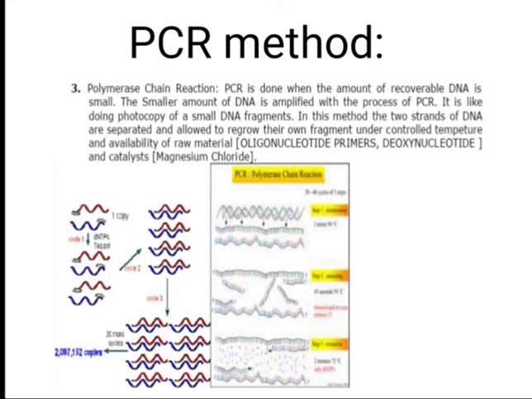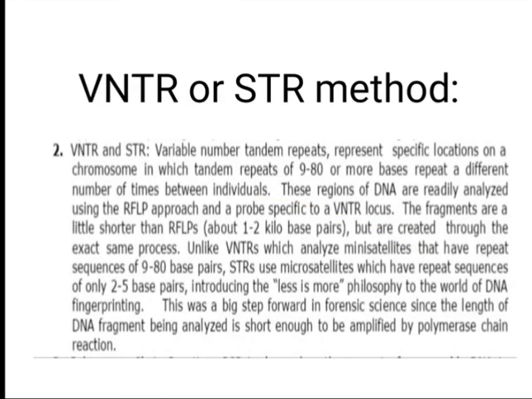So this is the polymerase chain reaction method, in which a smaller amount of DNA is amplified with the process of PCR, and it is like a photocopy of a small DNA fragment. In this method, two strands of DNA are involved. They are separated and allowed to regrow on their own fragments under controlled temperature with the availability of raw material and the catalyst. So this is the PCR. So all three methods we have seen: RFLP, VNTR,